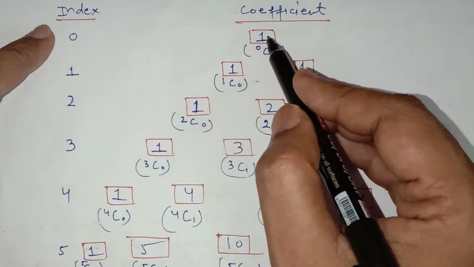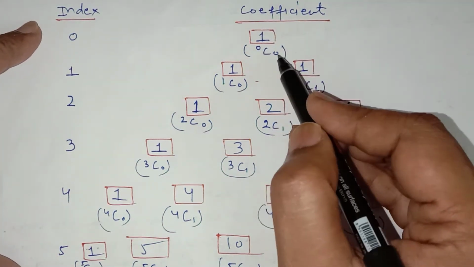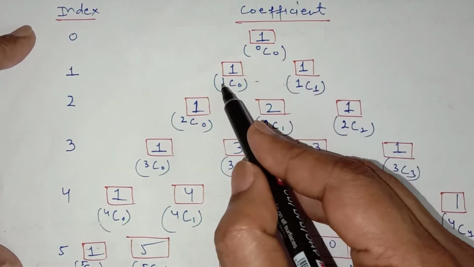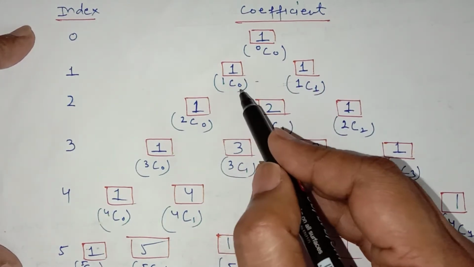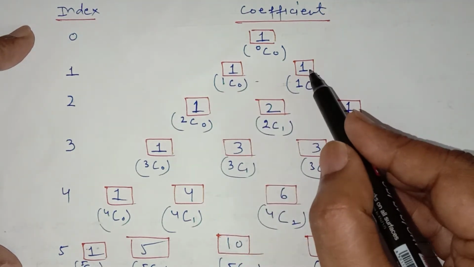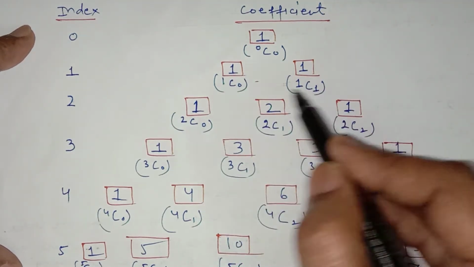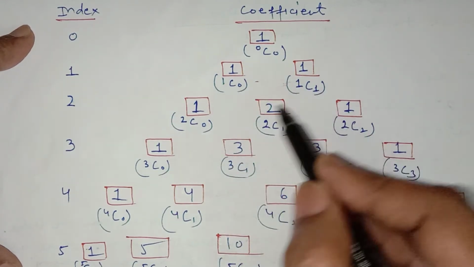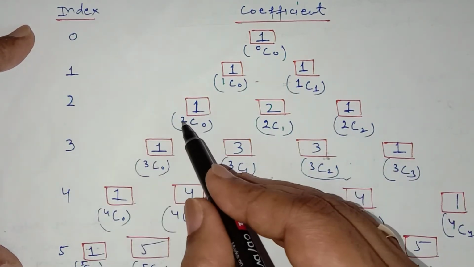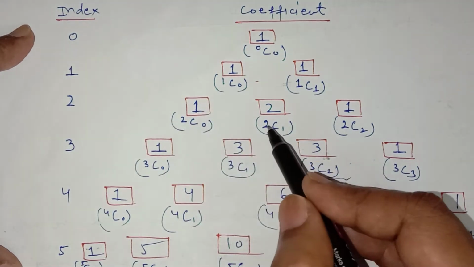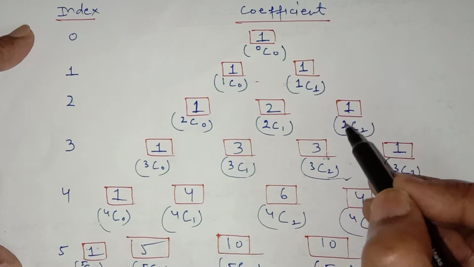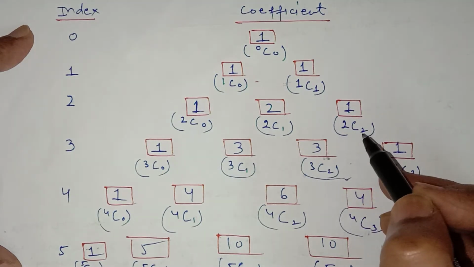Now for 1 you can write combination of 0 0. You know the formula for the combination. For 1 you can write combination of 1 0. If you solve this you will get 1. For this one you can write combination of 1 1. See the order you are getting: combination 1 0, combination 1 1. When we have the power 2, it is combination of 2 0, you'll get 1. Combination of 2 1, you'll get 2. Combination of this 1 is combination of 2 2, and so on.